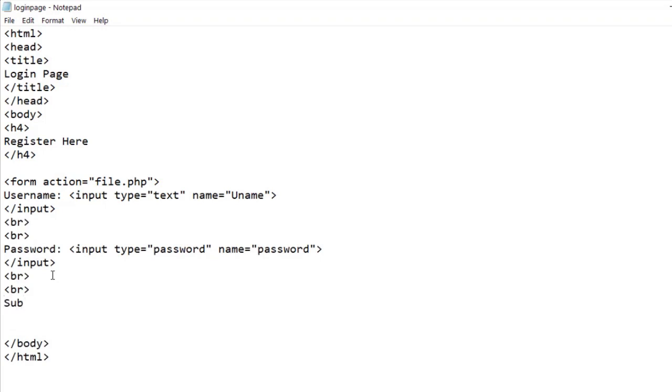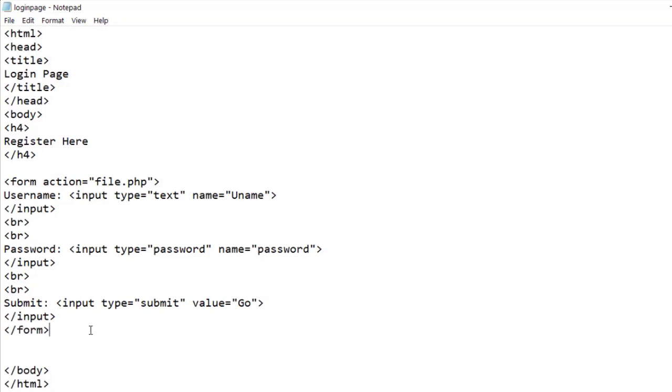Now we need to submit this information, so we have another input tag with type attribute and submit as its value. And we want this not to be an input field but to be a click button. So we use another attribute called value to define the content that will be written on the button. We use the attribute value and give it the name go. Now we close the form tag.